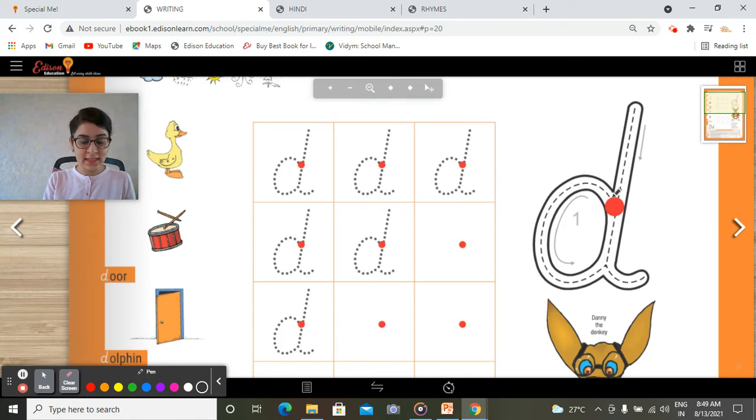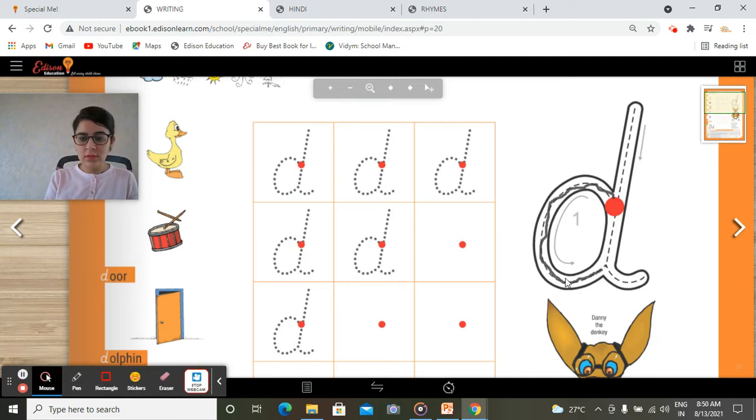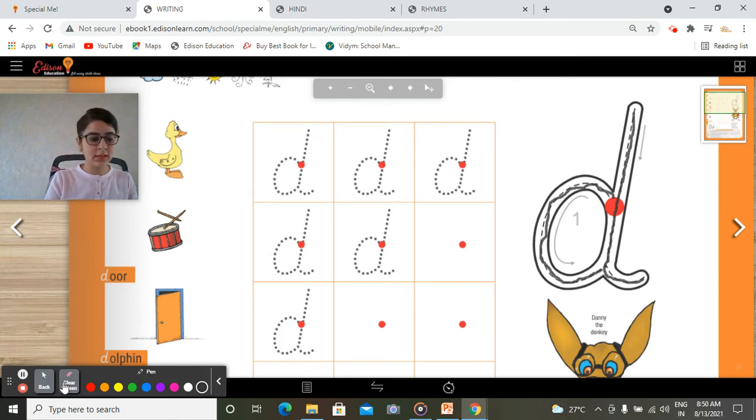The way you did C, we will make the same curve over here. We will join the dots. So this way we will make a curve like the way we made C, then a standing line. You have to join it slowly. And here we give a slight curve. This is letter D.